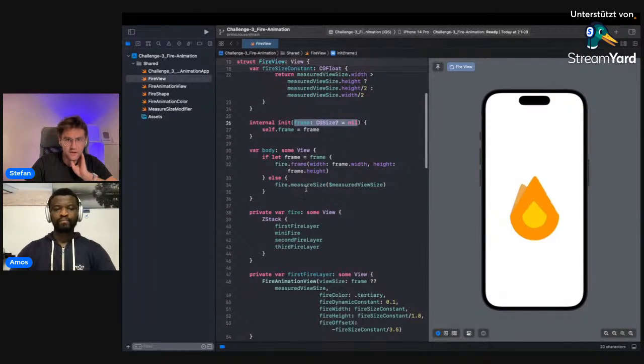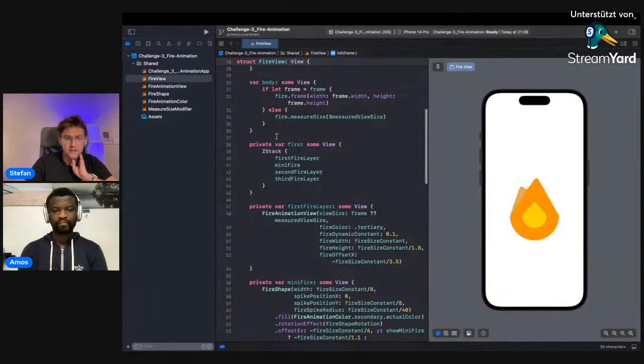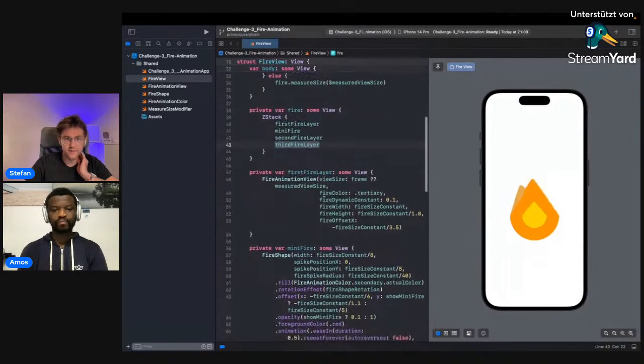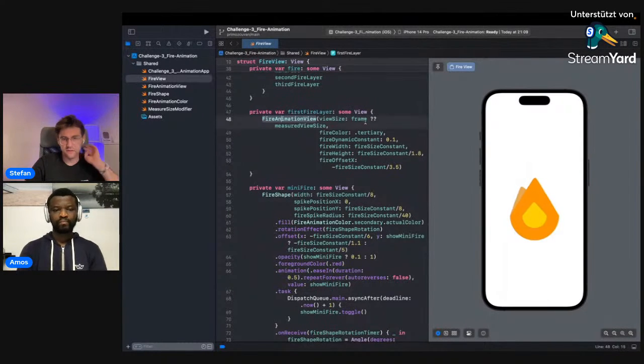Okay, so it's measuring the size. Interesting. So we have this. It's a Z stack basically. We have the first fire layer, and the second and third fire layer. So it's 3 layers. Nice. And then we have the fire animation view, which has a few parameters. So maybe we should